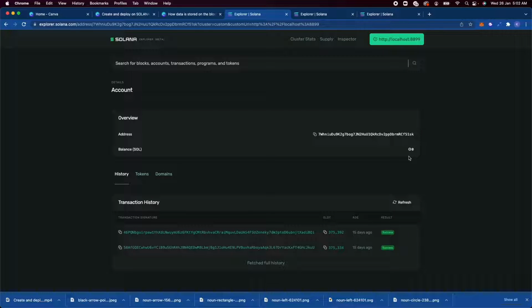Now you might be wondering what if the mint wallet keeps on minting more and more tokens and infinitely creates more and more supply. There is a way to restrict that. You can just set the mint authority to be null, and then no one else would be able to increase the supply, and hence the supply will be capped. I'll leave that as an exercise to this video, and from the next video onwards, we'll try to actually deploy some smart contracts that are written in Rust on the Solana blockchain, and then write client-side code that can interact with them. So I hope to see you there.